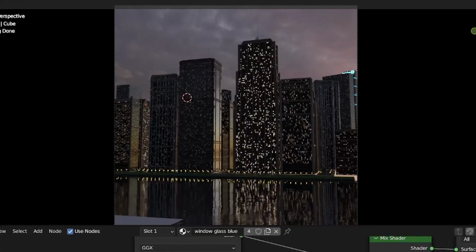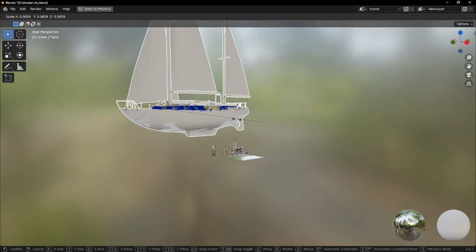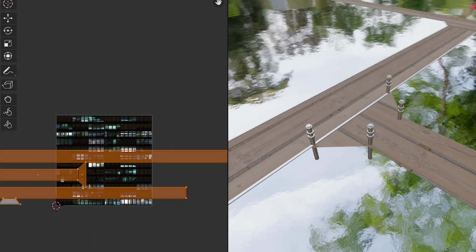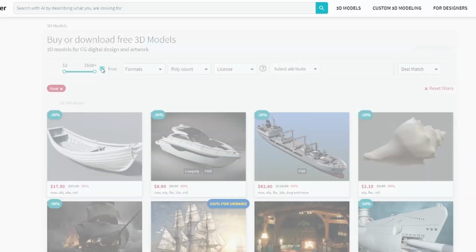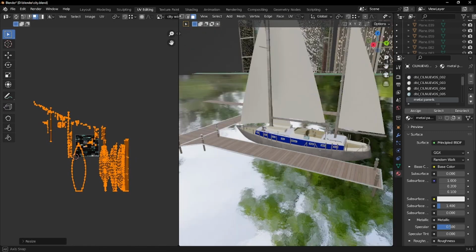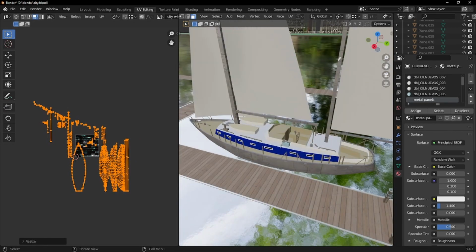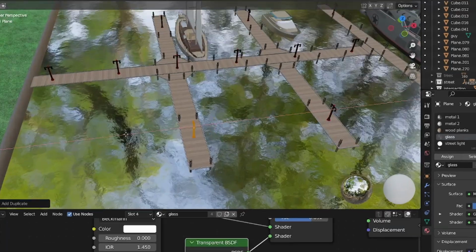Since this city is on water, and cities that are on water usually have a lot of boats, I added some boats and a pier for the boats to like go on. I downloaded all of these from CG Trader, and I had to mess around with the textures a lot. It was not fun, and it gives me a mild headache just thinking about it, but I'm good. It's done. Also, yeah, I know there's only like 3 boats, but